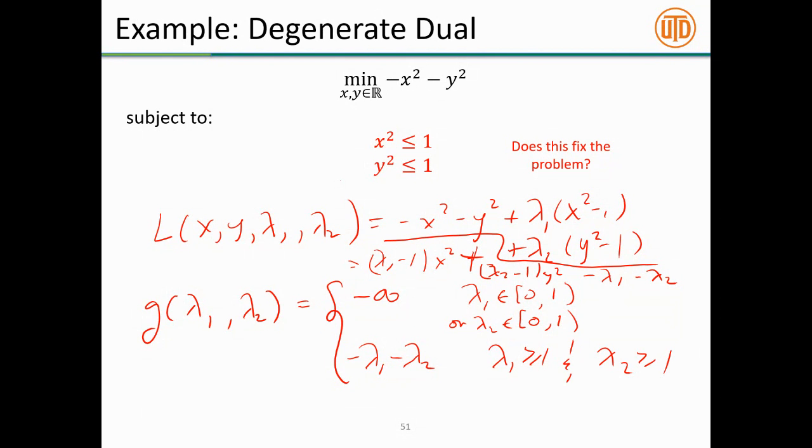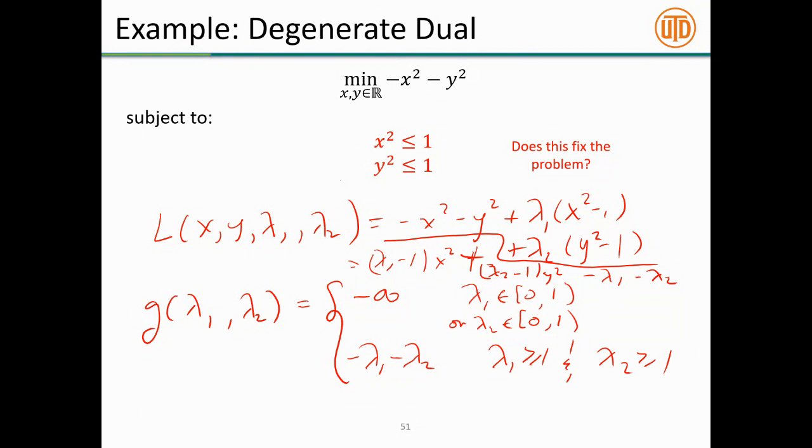Okay, so that's the dual function. You can see, just like the previous case, there are some choices for lambda for which the dual function still takes on a value of minus infinity. This is actually something that happens quite frequently. It didn't happen in any of the examples that we saw in class earlier, because when you took the derivative and set it equal to 0, it was a convex problem you just solved, and you just plugged in and got a solution.